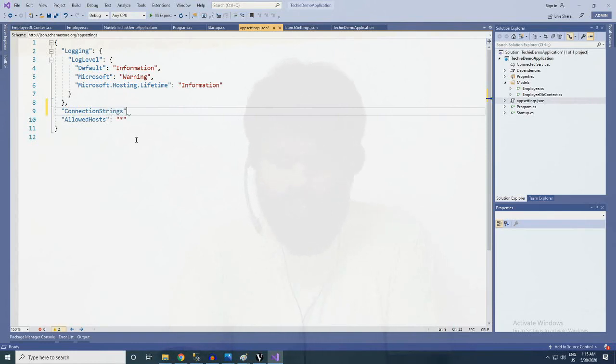Connection strings. Created. So this will be the connection name we are going to use. So this will be server equal to.